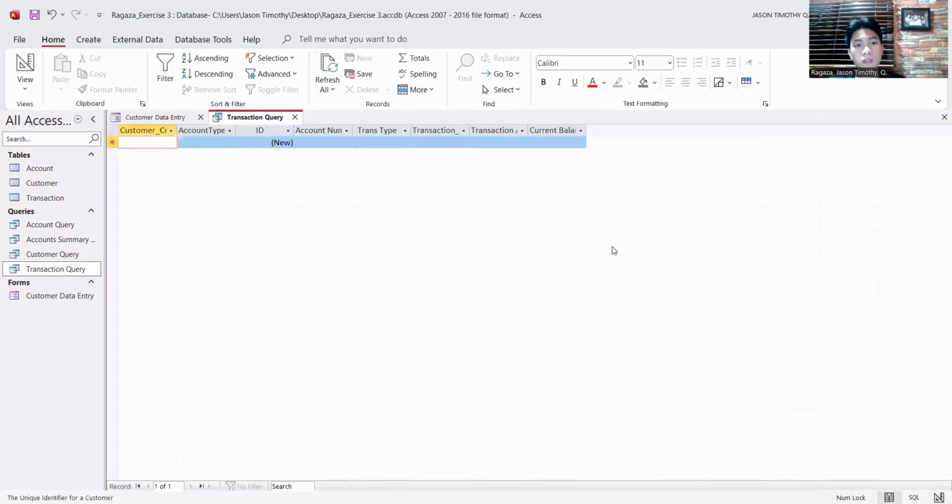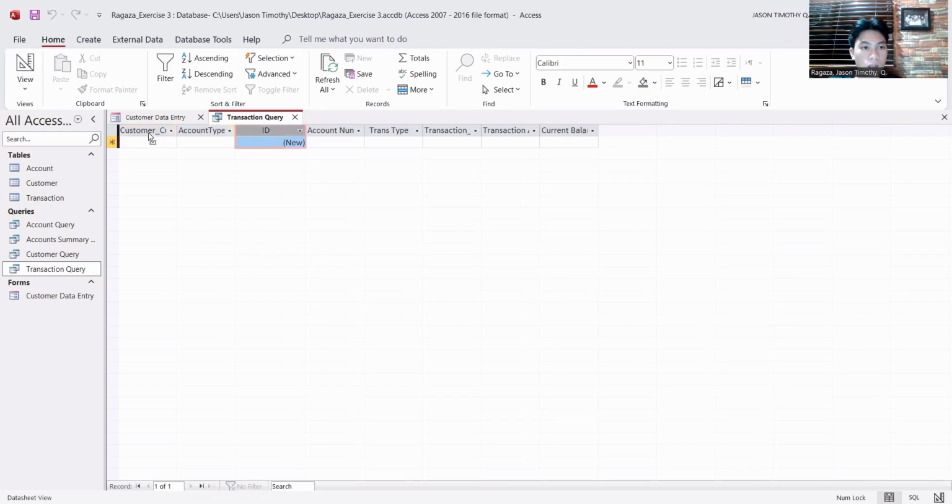So over here, you can see that we show only the selected displays. And then we can also change its layout by changing it categorically. And then let's head over, and then first is the ID, account number, customer ID.